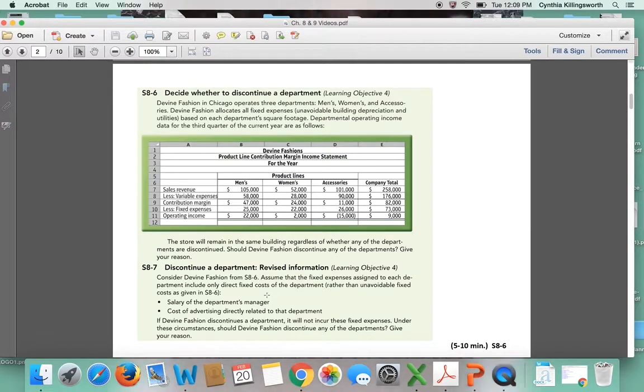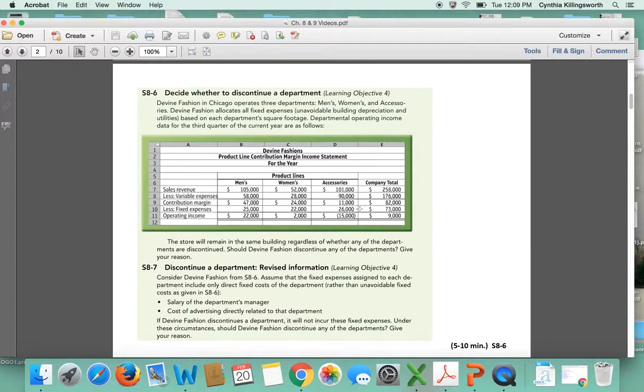So in the second situation, we have the same company here, but these fixed costs are something a little different. These fixed costs are avoidable, and they relate directly to each department. They end up being the salary of the department's manager and the cost of advertising directly relating to that department. So you can see how that would change this scenario,